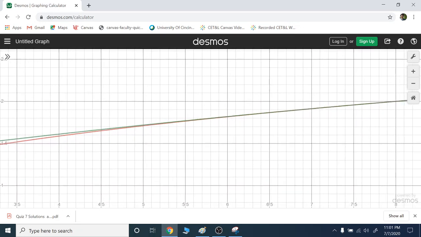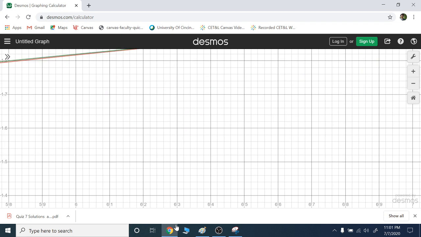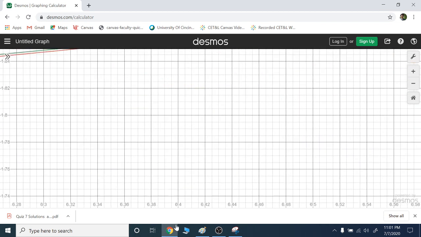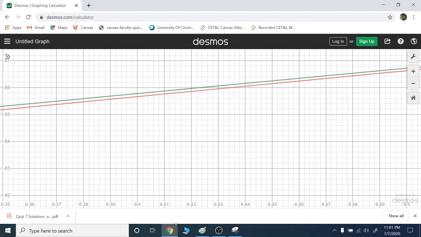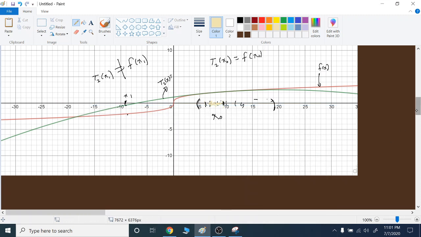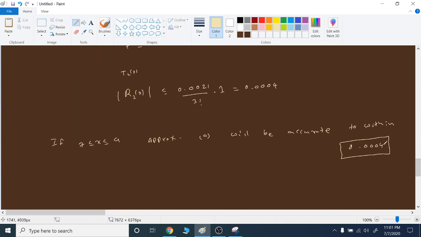And then we keep on zooming, see that let's have the corresponding y value in here, this y value, and the y value in the green colored graph will have a difference of at most 0.0004, right? So if the original function gives, let's say 10.12345, then